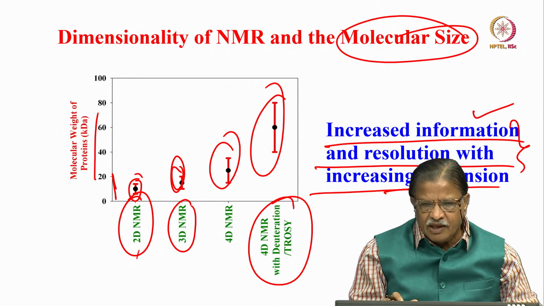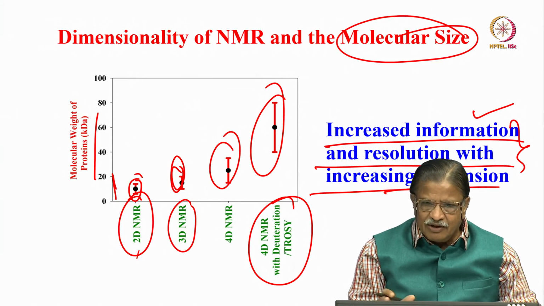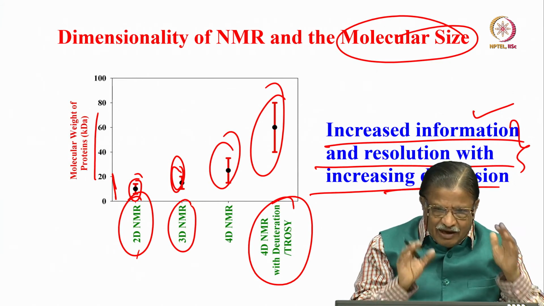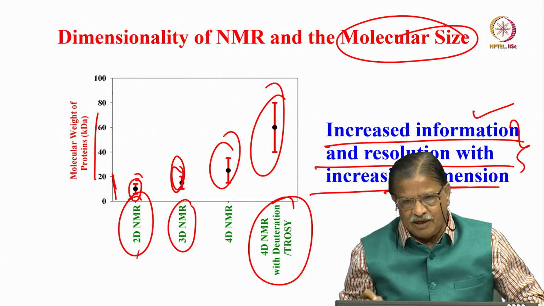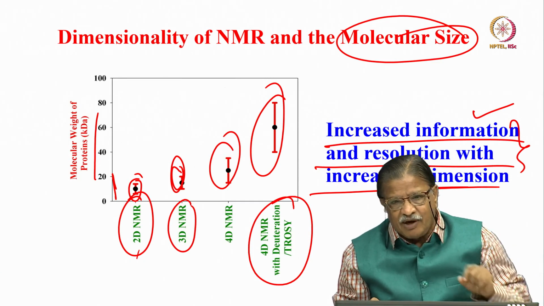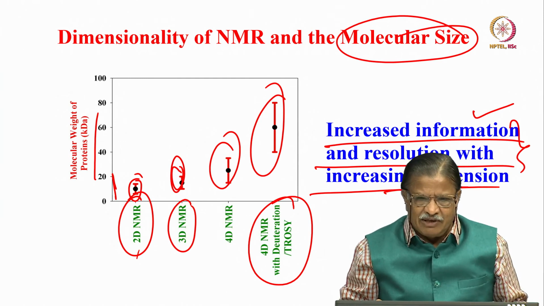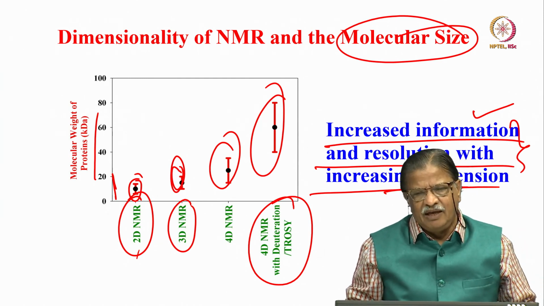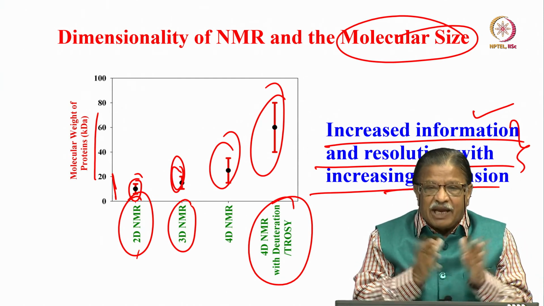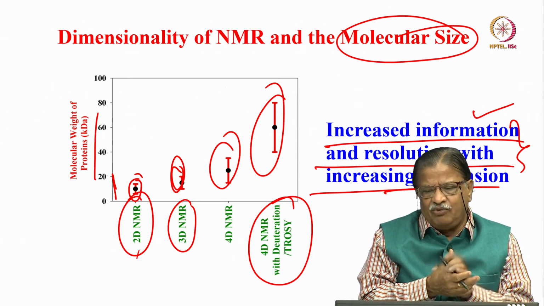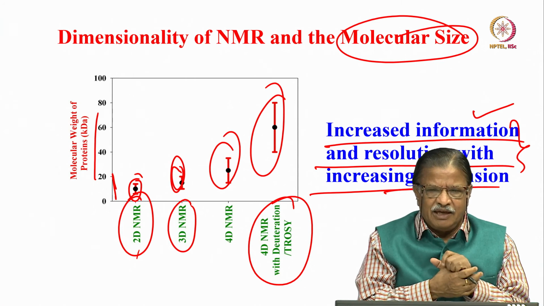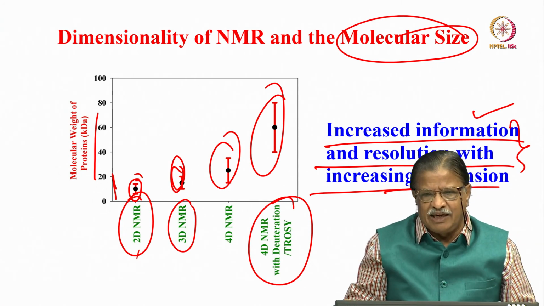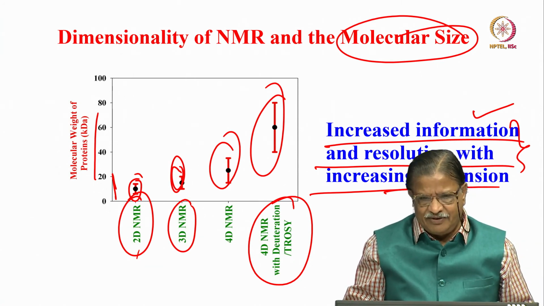Okay, now the time is up. What I am going to do is stop here and we will come back and continue with this from the next class. But today what I wanted to tell you is I started introducing the 2D NMR. It is another dimension of NMR which was introduced way back in 1971, and Professor Richard Ernst is the one who pioneered this type of technique and who got the Nobel Prize. He is the one authority of this 2D NMR. He was responsible for the development and introduction of this technique.